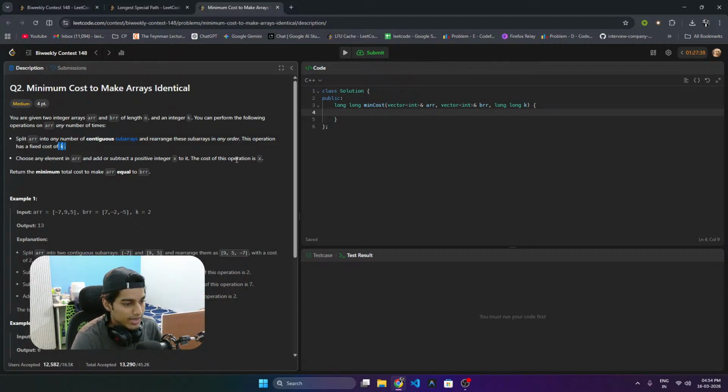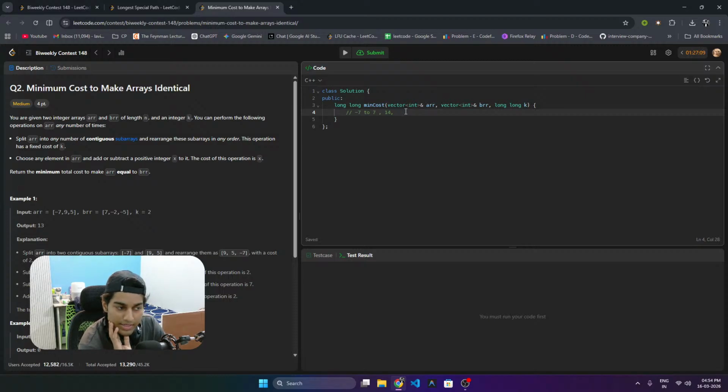Okay, cost is K and the cost is X. So if I want to make minus 7 to 7, right? Following operations. So if I need to add how much? 14, right? So the cost will be 14, but